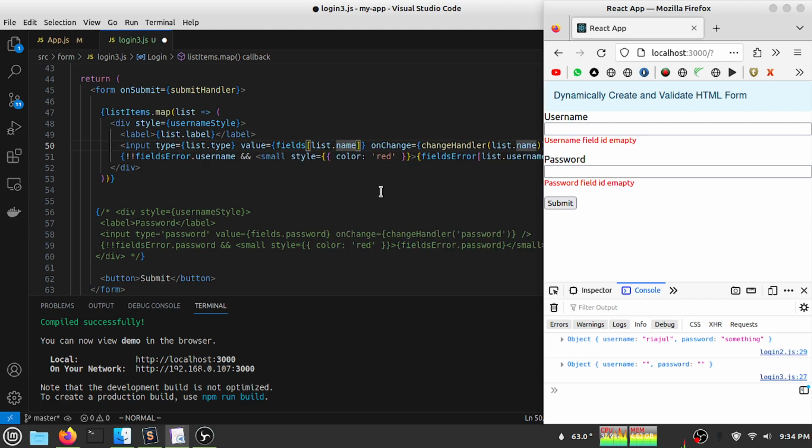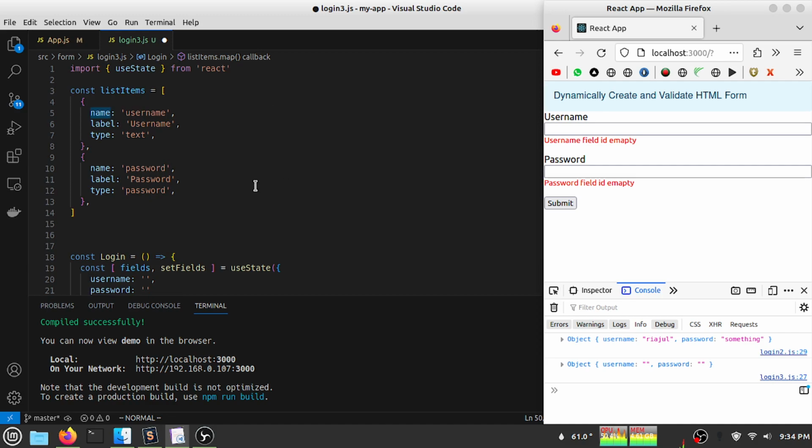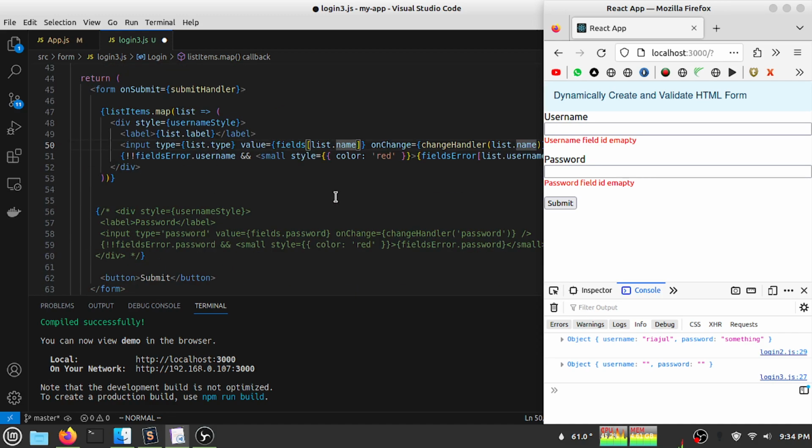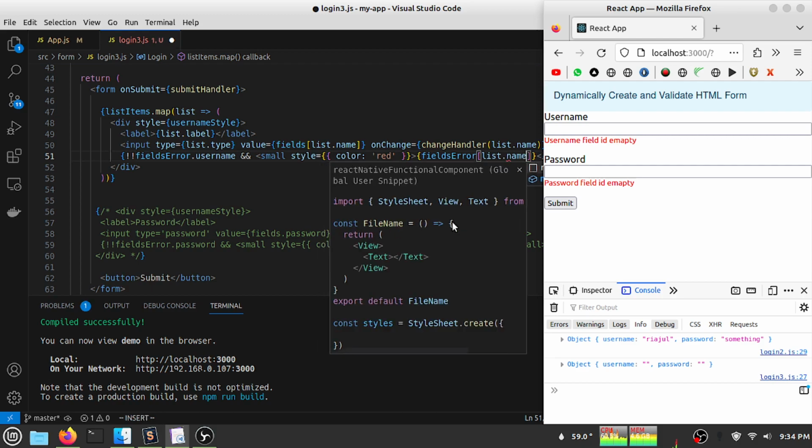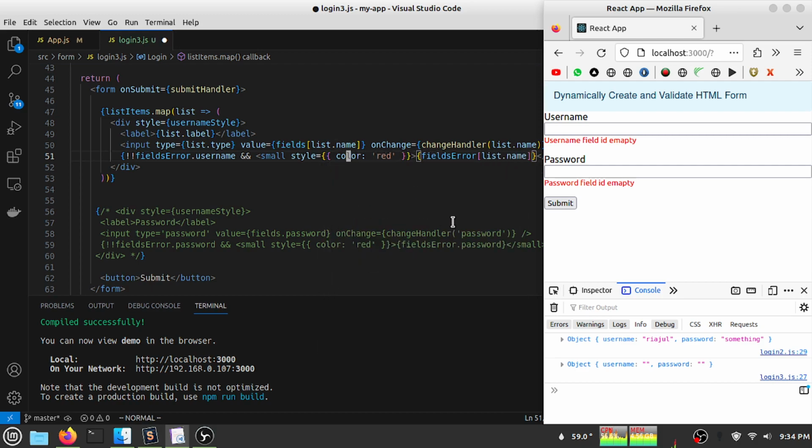Actually it is the name. Let's see what the property name is. Okay, now we change this here. Actually we have to change here, it is not username, it will be name. Now one more thing here, fields username, so it will be list dot name. Now if I save my file,